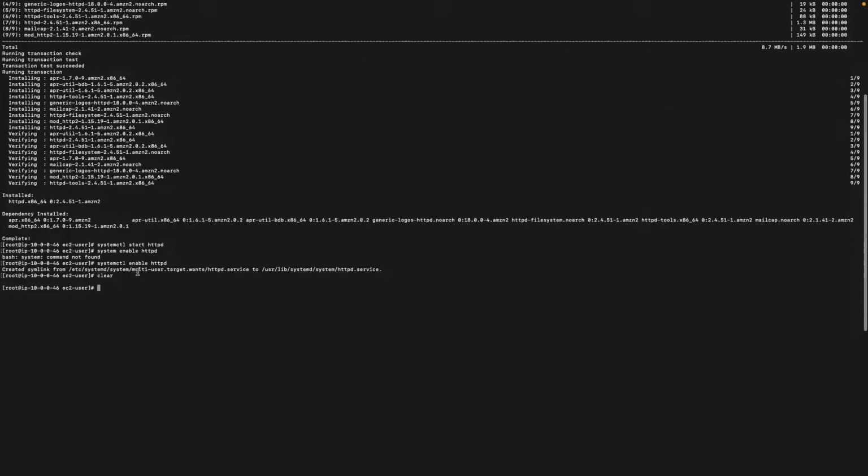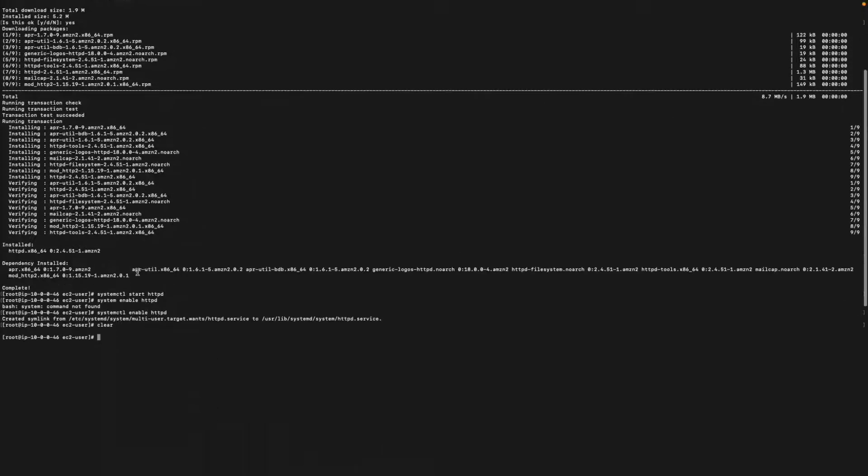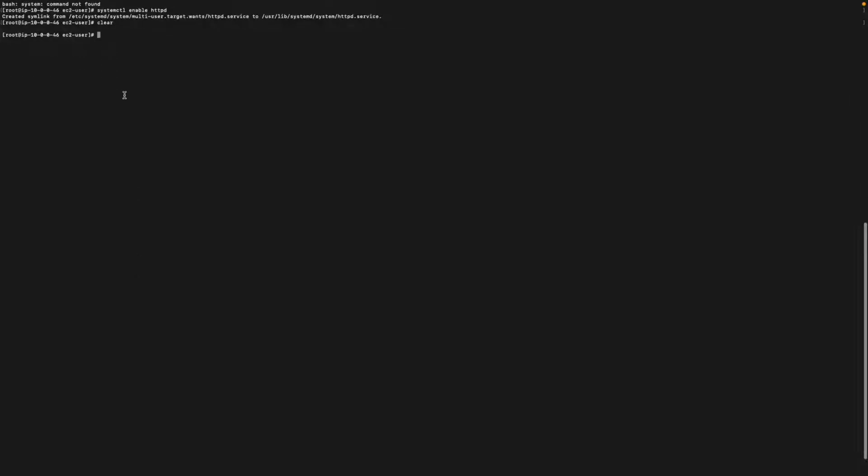To clear my screen is a personal decision. You can choose to clear your screen or you can choose to leave it like that. That depends on you. So we just enabled Apache on our EC2 instance. So there are two things we can do. We can type a command to check if the server is running perfectly, or we can